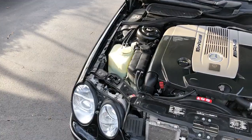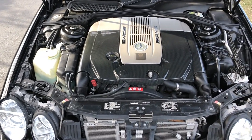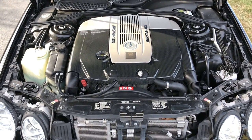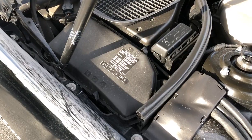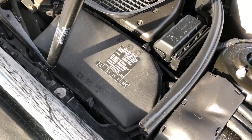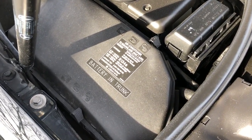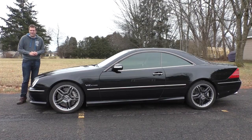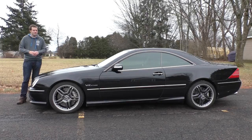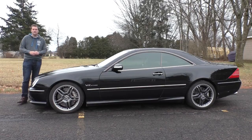As for the engine, there's not much interesting under here except for the sheer size of it. This is how they cram a 600 horsepower V12 into a Mercedes coupe. It really is impressively huge. I also like the little label under the hood reminding you, battery in trunk, in very large print, just so you won't freak out when you don't find it under the hood. And so those are all the quirks and features of the CL65, and now we must move on to maybe the best quirk of all, and that would be simply getting behind the wheel of this gigantic, ultra powerful luxury